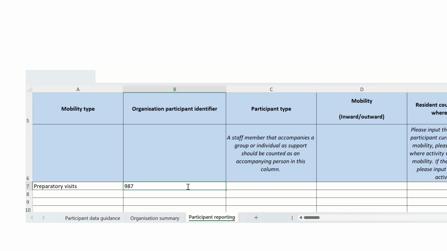I'll give them a unique participant identifier, as I've explained before. And this will be a staff member on an outward mobility.